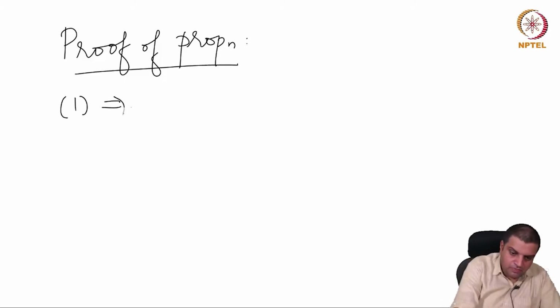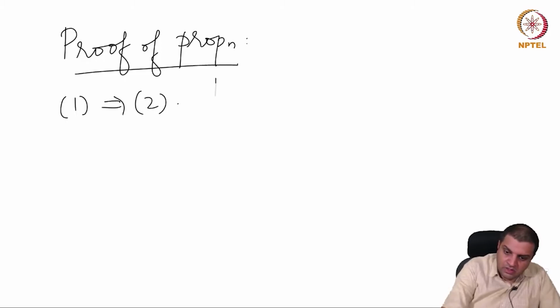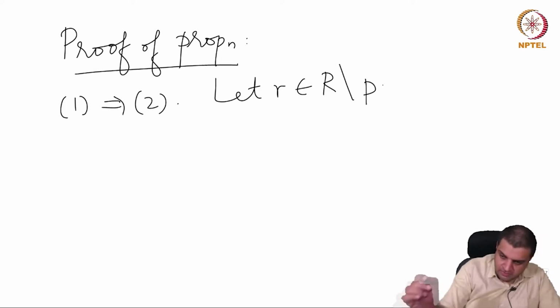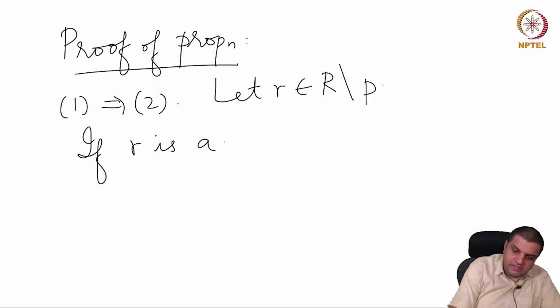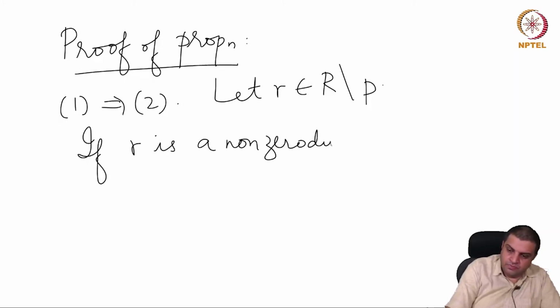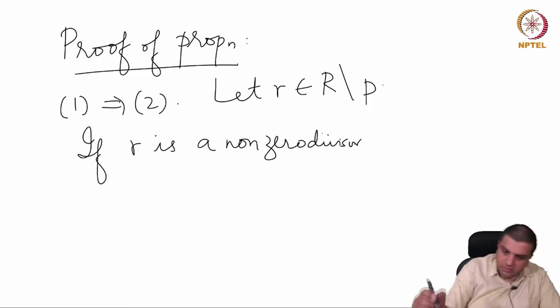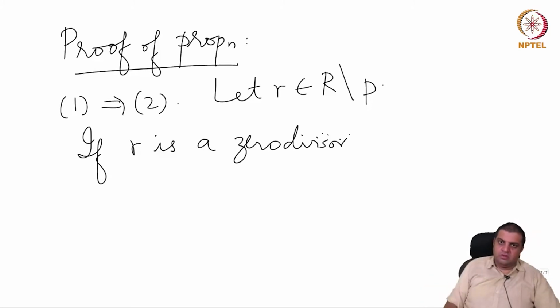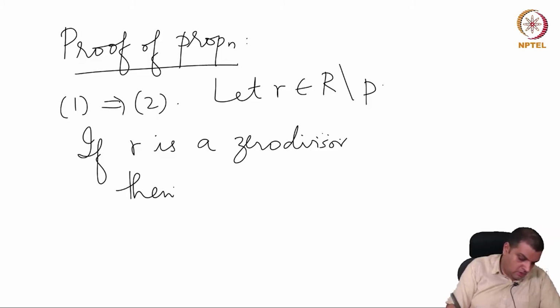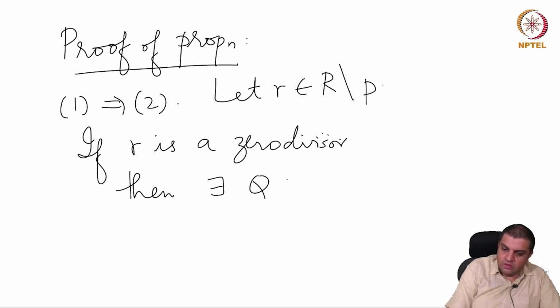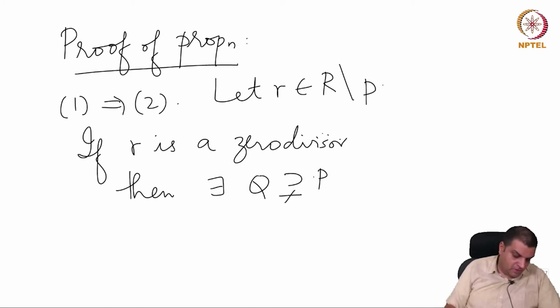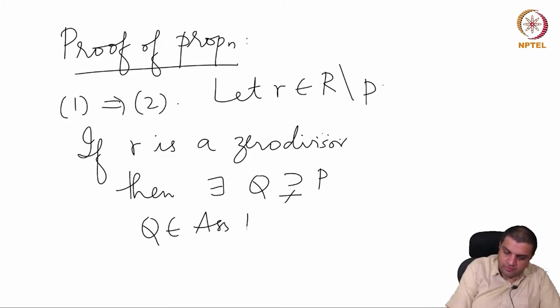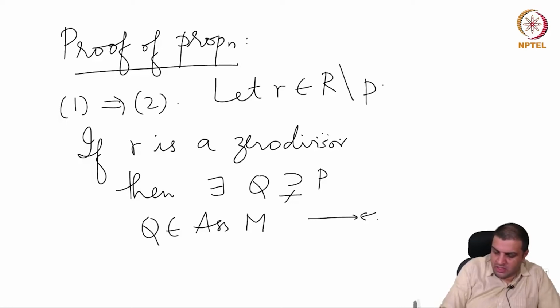1 implies 2. Let r be in R but not in P. If r is a zero divisor, then there will exist a Q which is strictly bigger than P, and Q will be associated to M, and this is a contradiction. The point is that